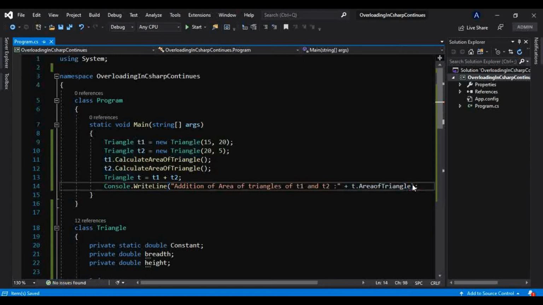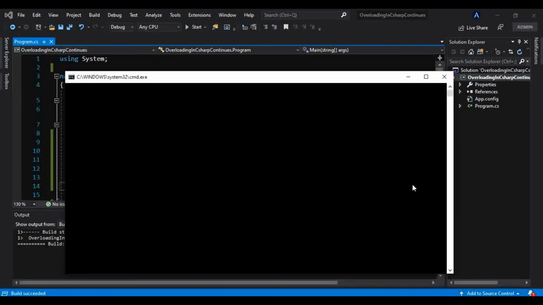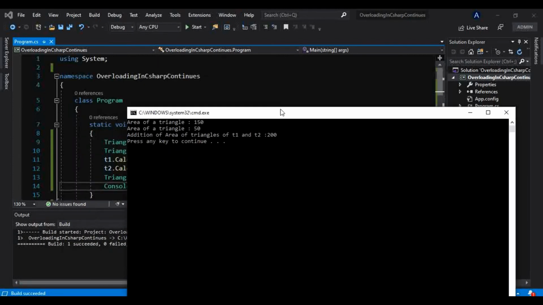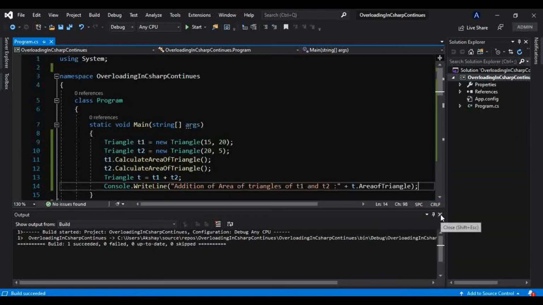Now we print that. So the area of the triangle of the first object is 150, and the area of the triangle of the second object is 50, and the addition of both areas that we have stored in another object is 200. So our application is working fine.